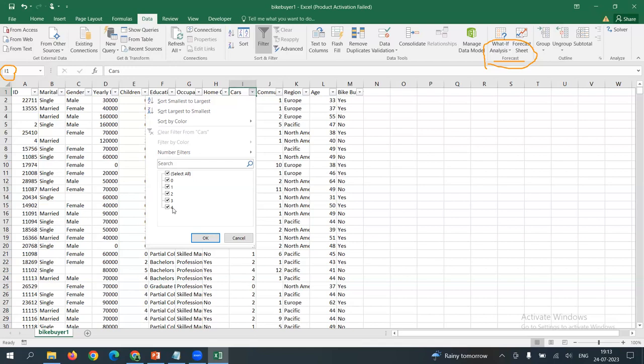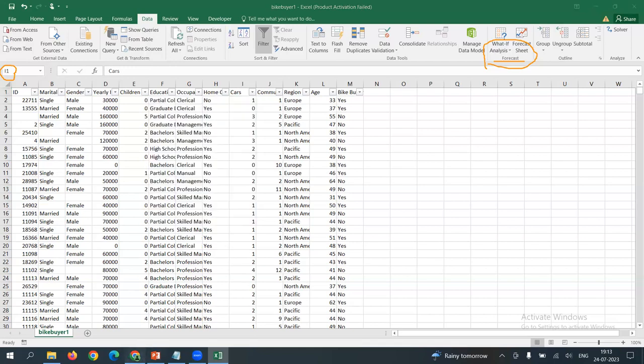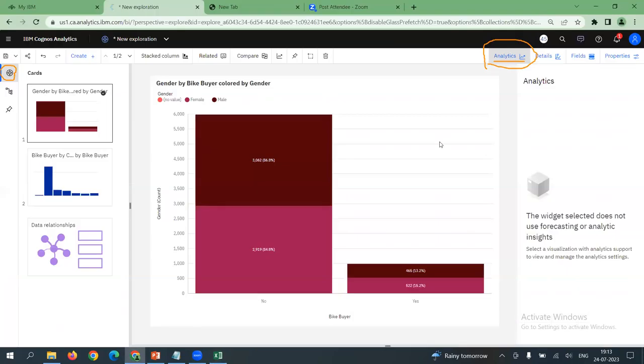We still don't know until we explore. That's why our next choice of exploration is checking the compatibility of the cars variable against bike buying nature. So let's take a chance with that. I would request all our participants to try to do some quick hands-on from your side also. So which chart would you select here, participants? First question. What suitable chart do you think would work for this?